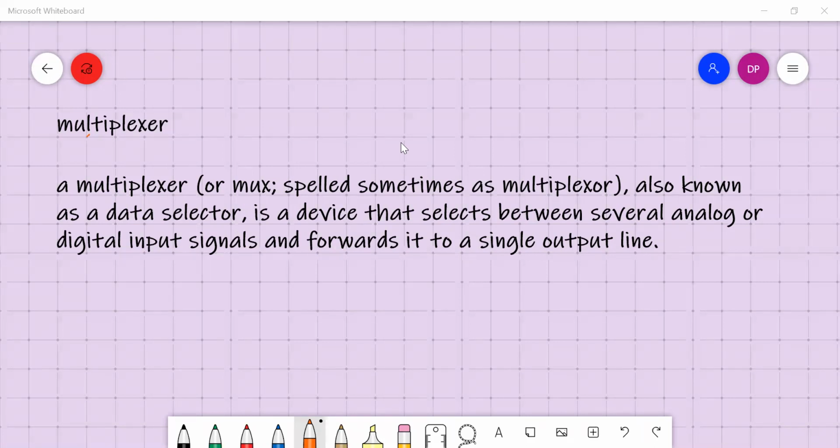We'll see some real-time analogy. It is also a logic circuit that allows a single output to get generated by accepting multiple data. So we can write it like this also.